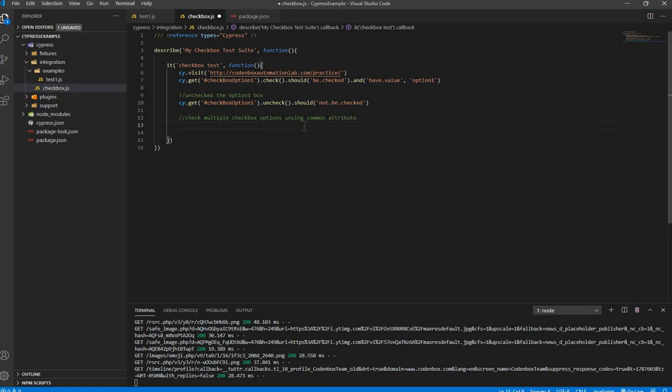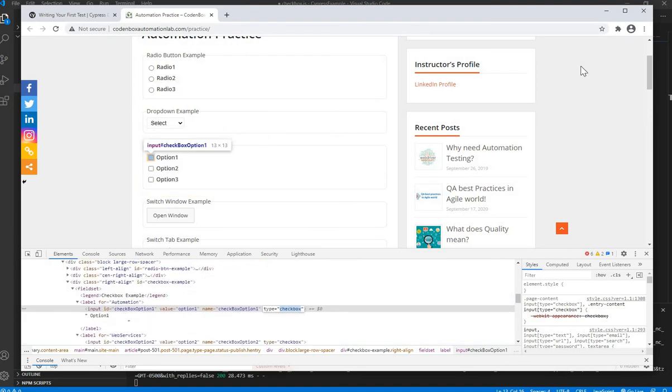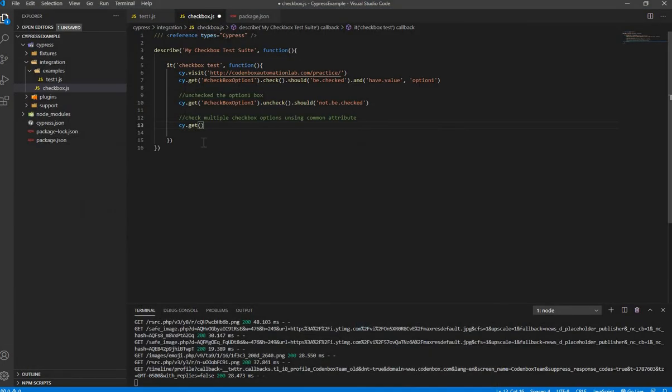Attribute. So how can we do this? Let's look at the element first. So cy.get, and since we said we're going to use the attribute type equals to checkbox, we can make our own CSS selector. You can see the tag name is input. For this one it's input, so all of them are input, right? So we can make our own CSS selector. We'll see the tag name is input,